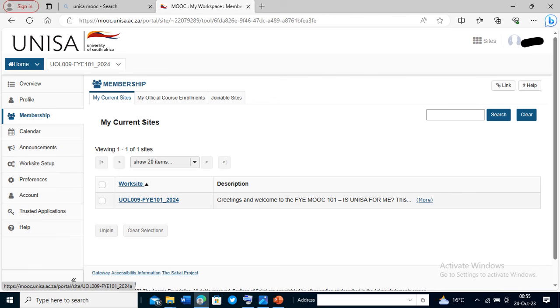So this part, it might be different in it. So if it is different, then you can press site. After pressing site, you're gonna see home, and then after pressing home, you're going to see membership, then you press membership. After pressing membership, you press join site. So it's going to show you more than 50 tests in it. So what you have to do, just scroll down looking for the code which you are supposed to use, which is